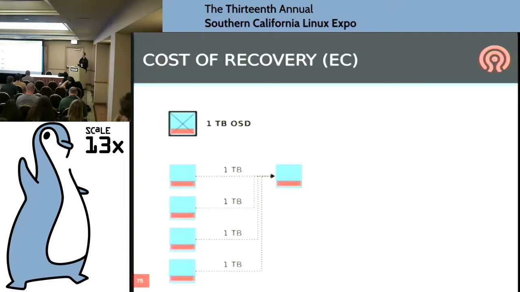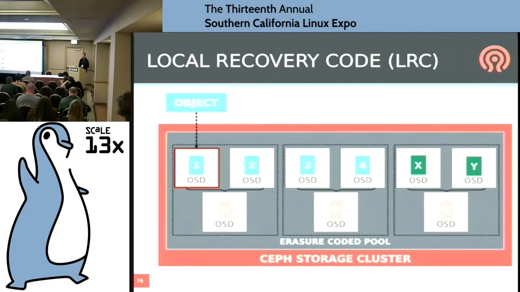So recovery with erasure coding could be much more expensive. And at scale, if you have some certain rate of failure, then this can actually be problematic. You have to be able to sustain the background level of rebuild to repair around failed disks. One of the ways to mitigate this is what we call a local recovery code. This isn't unique to Ceph. I think Facebook pioneered it in their big erasure coded Hadoopy thing, but we